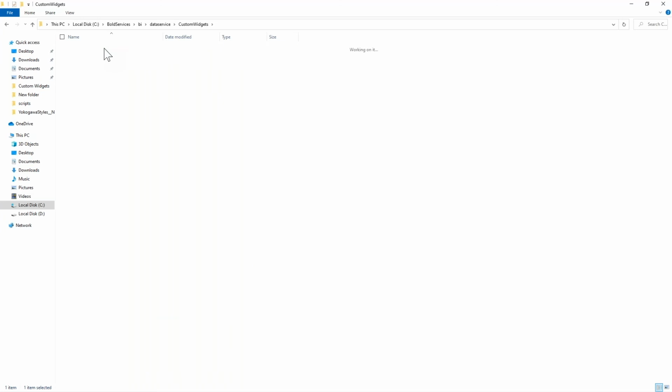So I have just added the custom widget that I have created, and in my source file I have just added debugger so that I can show you how to debug it when you work in the dashboard designer. Okay, now once I drag and drop this widget here in this folder, it will be automatically loaded in the dashboard designer. Going back to the application, so here is the application.